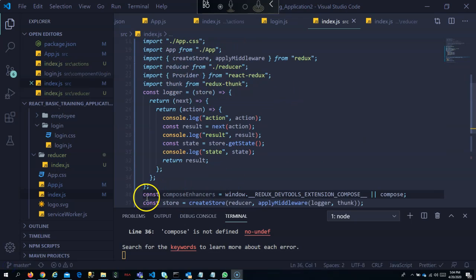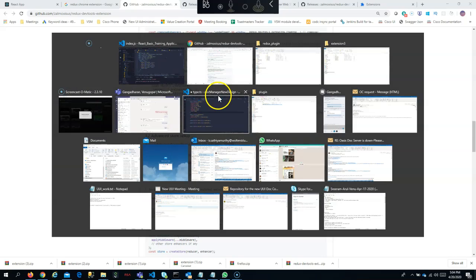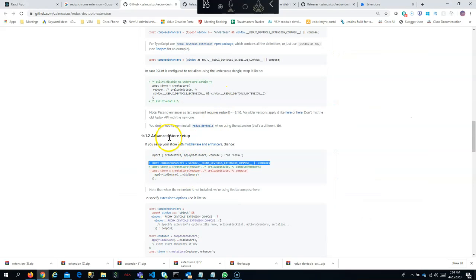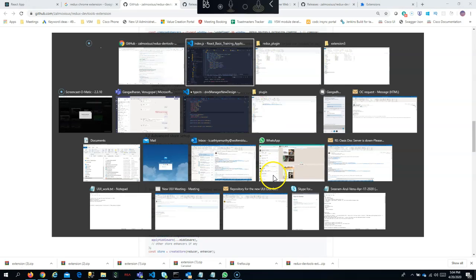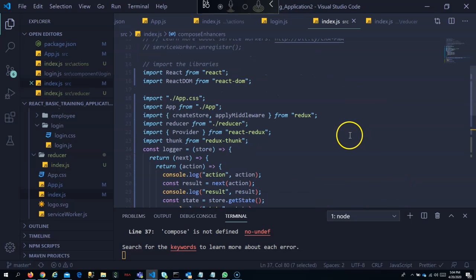Now I will just add this line, as it is mentioned here. Then under advanced store setup, you just copy this line, paste it into your application, and